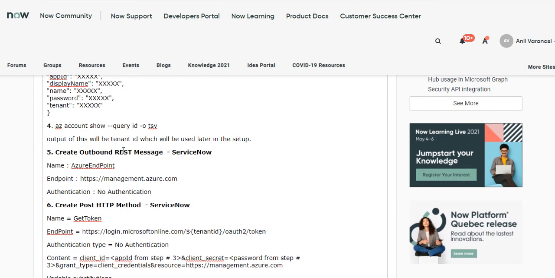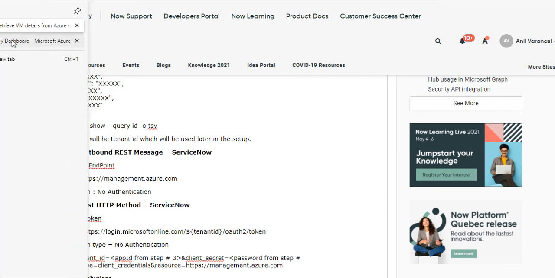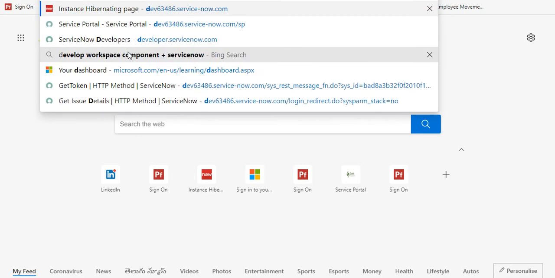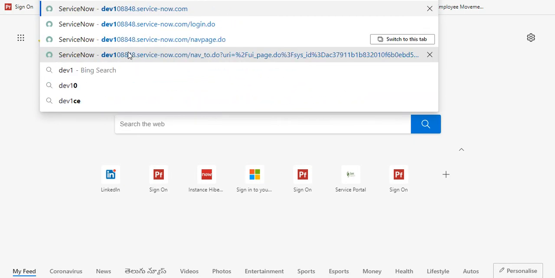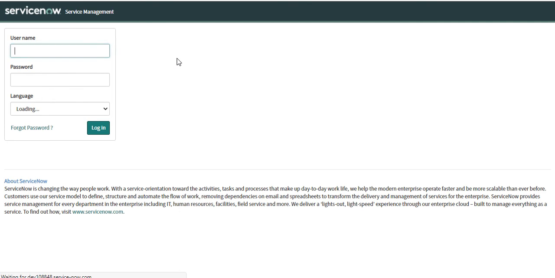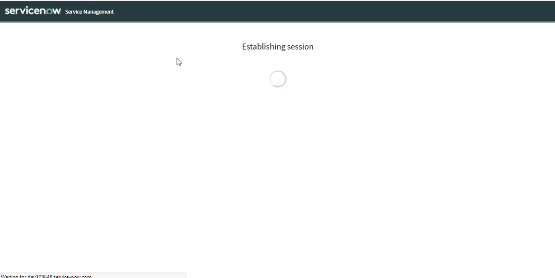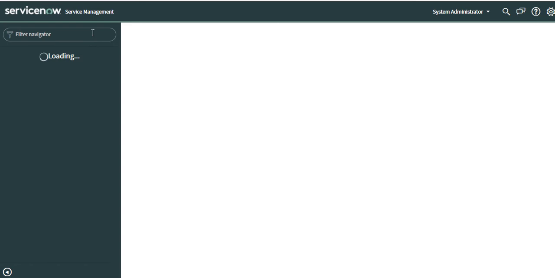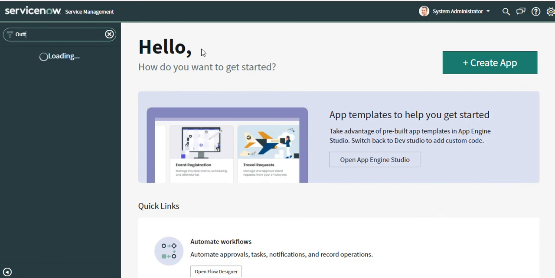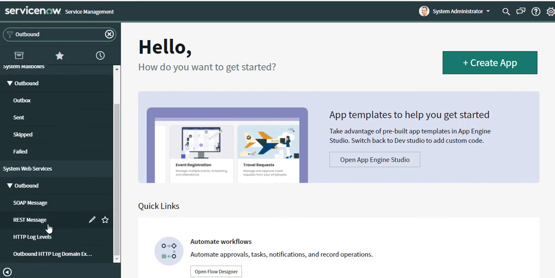Next, we'll create the outbound REST message for this endpoint. To do that, we will log into ServiceNow and create an outbound REST message.